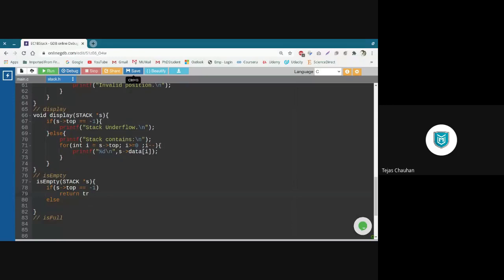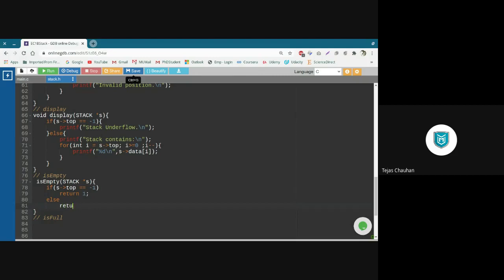Actually we return true, but C does not have a Boolean data type. C++ does have it, but C does not have it. So in a C program we cannot return true. What we do is we return a non-zero value, which is true, and if it is empty, then we return